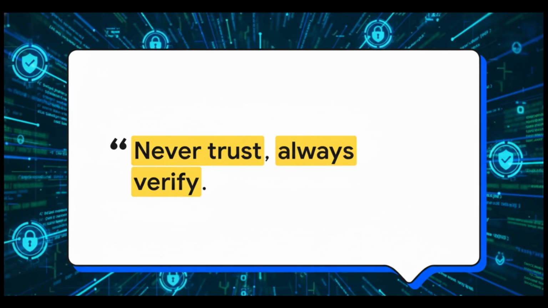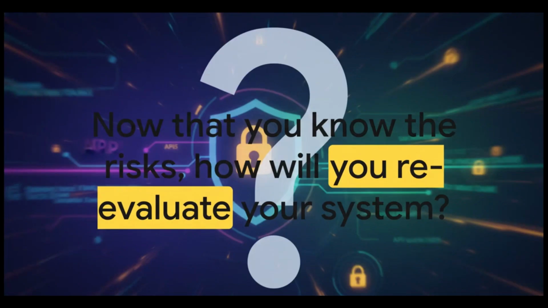This all brings us to the core mantra of modern security architecture. It's the guiding principle of zero trust, and it's simple but incredibly powerful. Never trust, always verify. It means every single request, I don't care where it's from, has to prove its identity and prove its authorization. Every single time. At the end of the day, security isn't some destination you just arrive at. It's a constant process of evolving and adapting. So now that you know this whole journey, and you understand the real risks that come with stateless tokens, the real question I have for you is, how